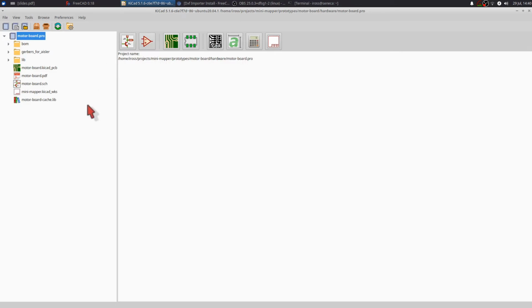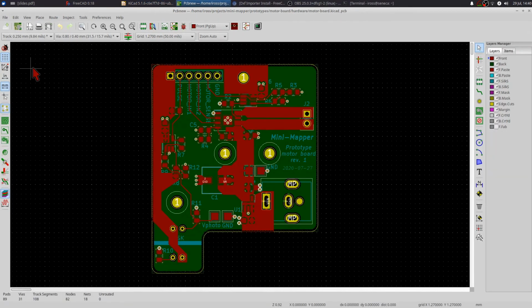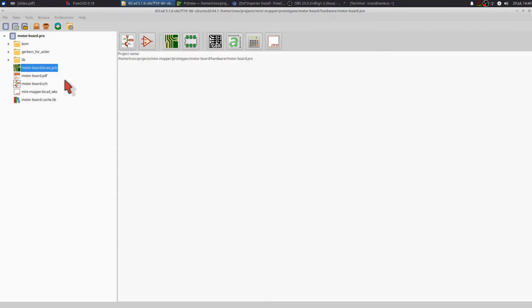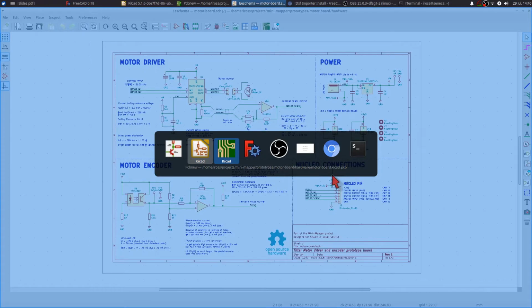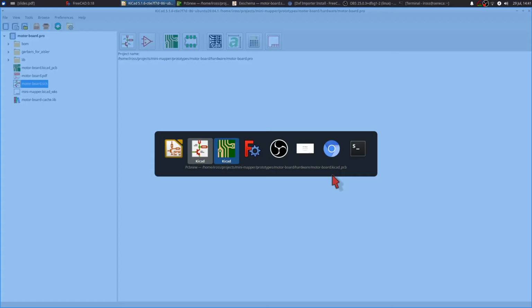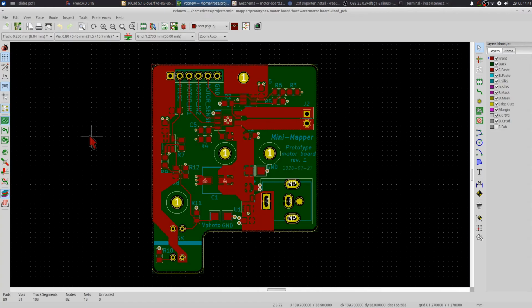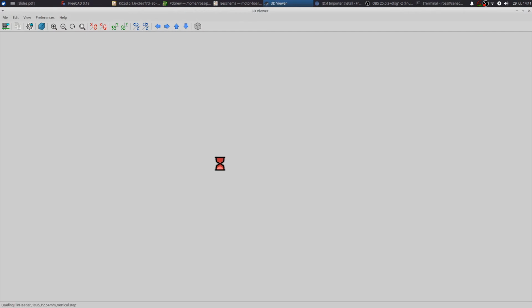I go to my motorboard project, and we can quickly have a look at the layout for this thing. And just to remind you, the schematic. So we had the motor driver, motor encoder. There's a bit of power connections to the Nucleo board, and here's the layout. And there's not a whole lot to say about it. It's a relatively simple board. If we look at it in the 3D viewer,